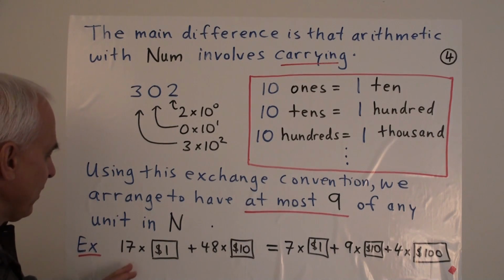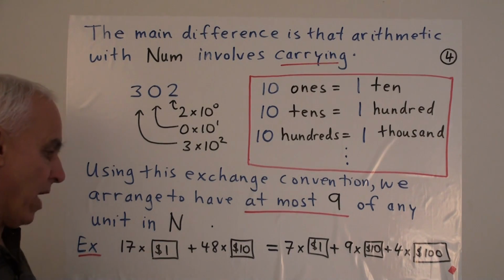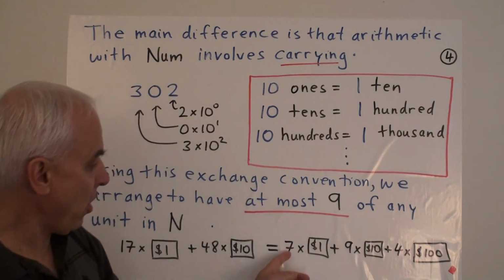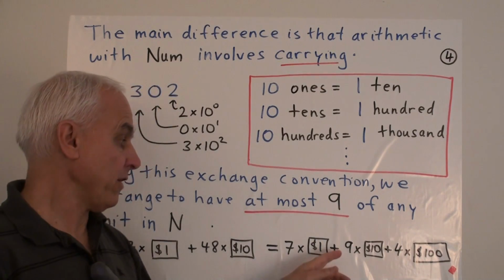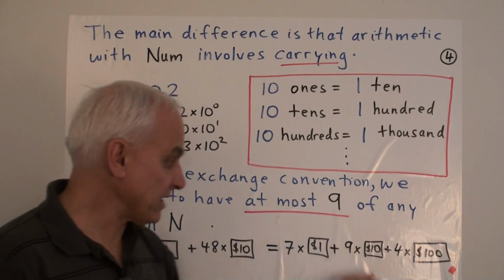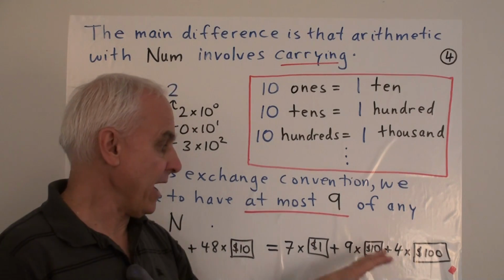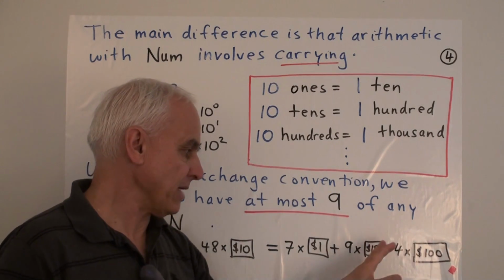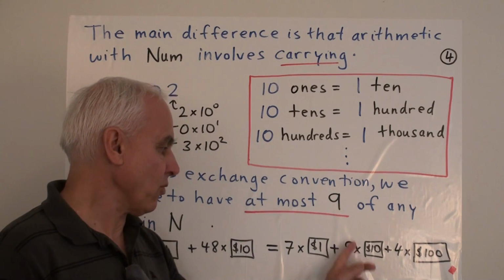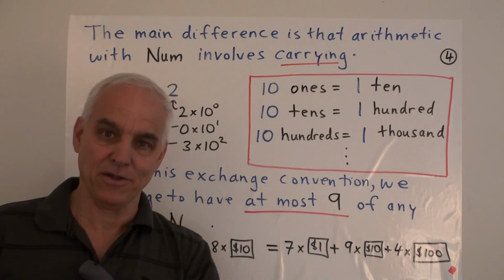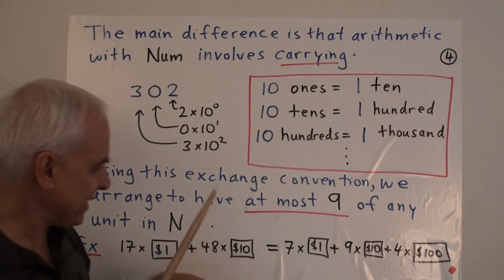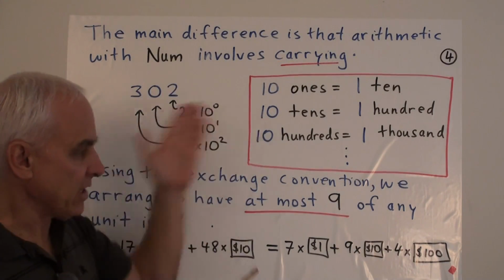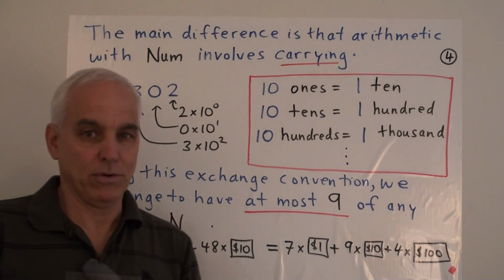This basic idea of converting some sort of general combination of 1s and 10s and so on into a particular combination where all the coefficients happen to be less than 10. If any one of them were bigger than 10, it means that we can make some further exchange and create more of a higher unit and lower the actual coefficient so it's in the range from 0 to 9. All right, so this is the basic exchange aspect that we want to get a hold of.